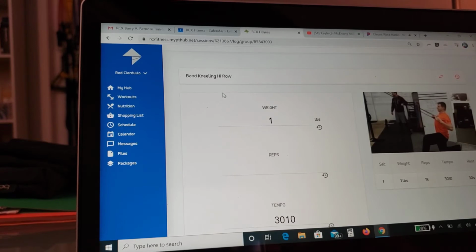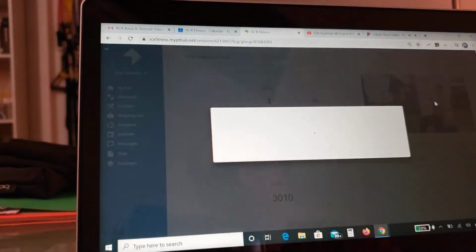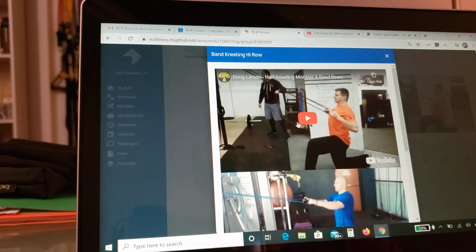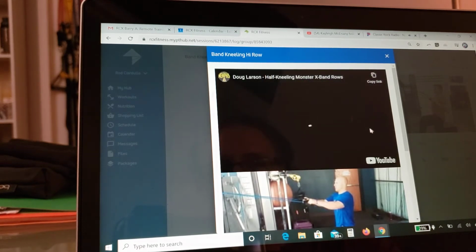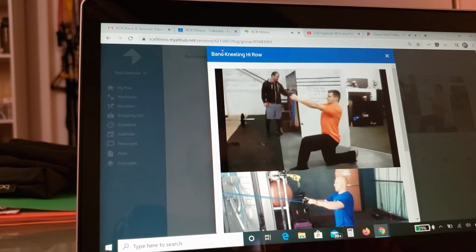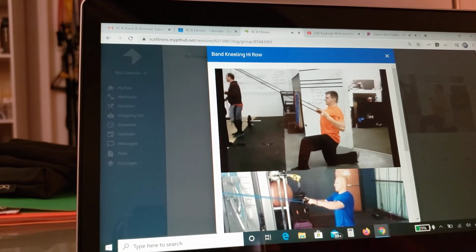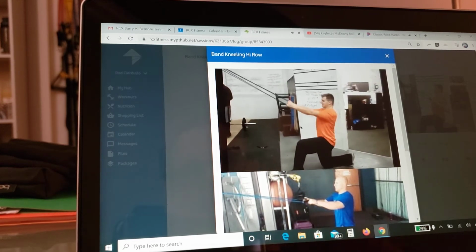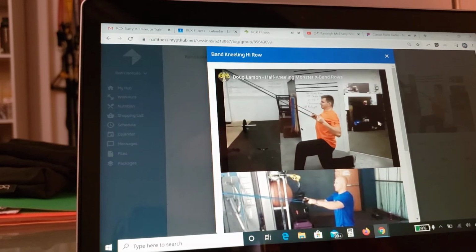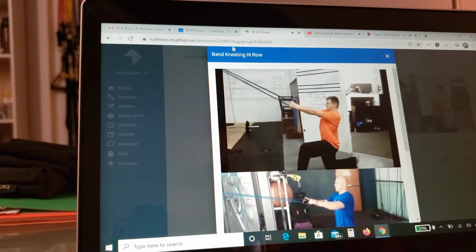Let's just assume you're using the bands. So, all right, I've never seen this before. What exactly is this guy doing? You click on it, and we got 2 pictures and 1 video. So here's the video. They don't show what he's got going on up here, but you're going to put the bands into, hopefully you have a door anchor, which is like a $4 item, the best $4 you're going to spend. And you put the door anchor into either the top of the door or by the top hinge of the door,